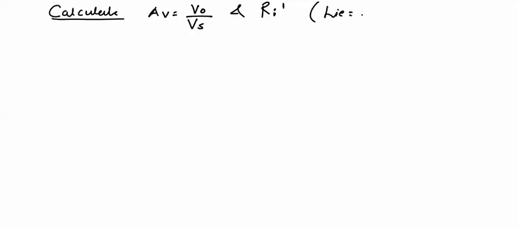Calculate AV equal to V naught upon Vs and Ri dash shown in the circuit. HIE equal to 2K, HFE equal to 75. Now the circuit given in the problem is